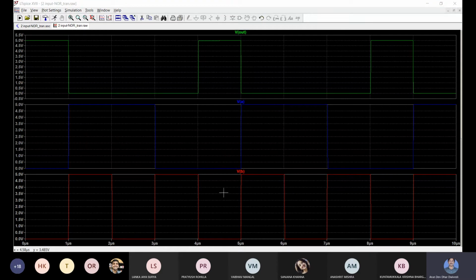Again both the inputs are low. Here input A is low, input B is also low. If both the inputs are low, then the output of the NOR gate is 1. So A and B both low means 0, 0 input. When input is 0, 0, then output is 1 or high. In a similar fashion here also we can compare. Here both are 1, then output is low. Here 1, 0, then output is low. Here 0, 1, then our output is low. When both are 0, 0, then output is high. Then again both are 1, then output is low.